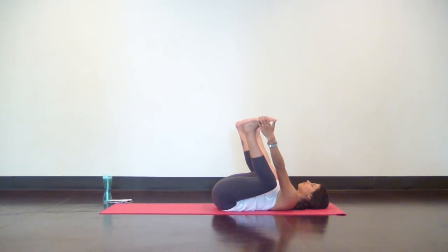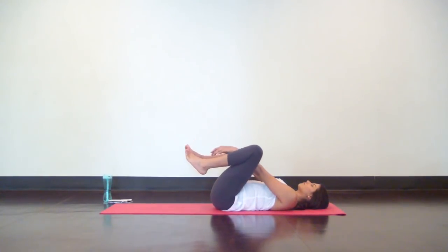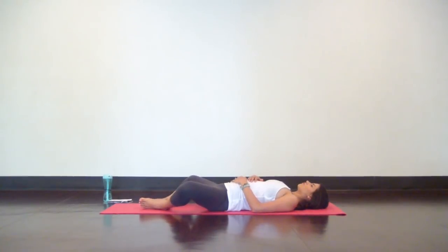Then gently release and take your feet down on the mat, soles of the feet together, knees falling open like butterfly legs. Place one hand on your heart, one hand on your belly. With your eyes gently closed, allow your eyelids to soften. Feel your jaw relax. Let your tongue fall away from the roof of your mouth. And notice the rise and fall of your belly, the gentle beat of your heart. As you rest and relax,